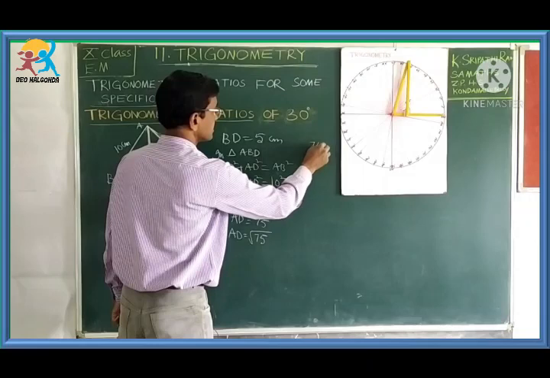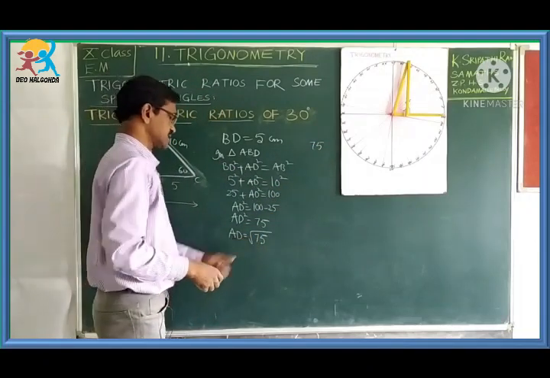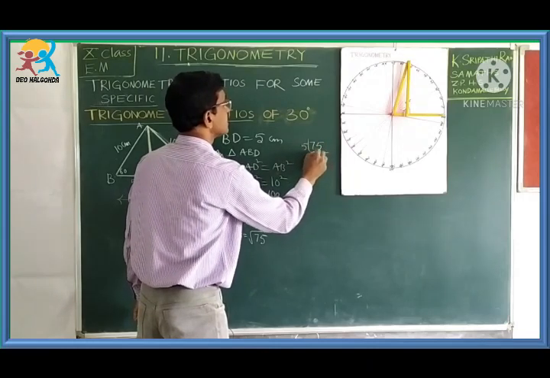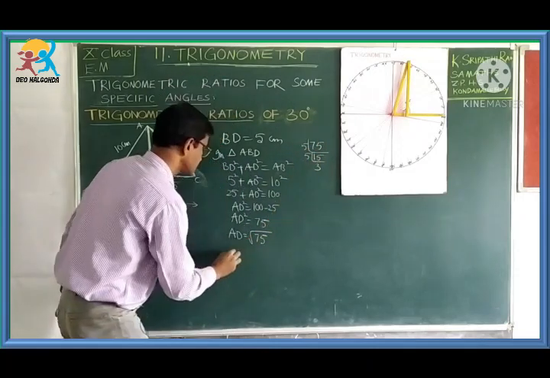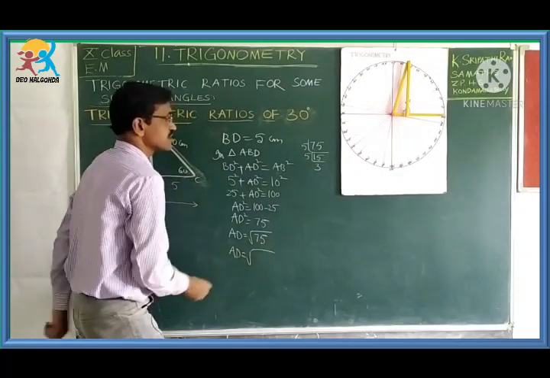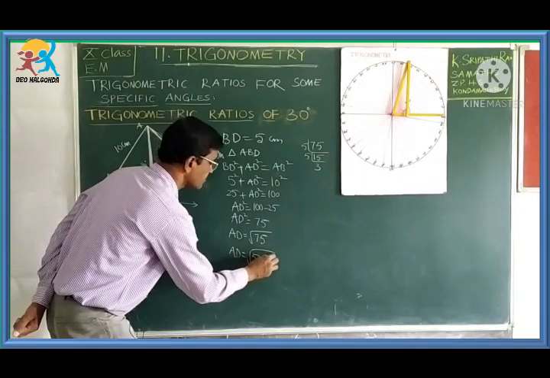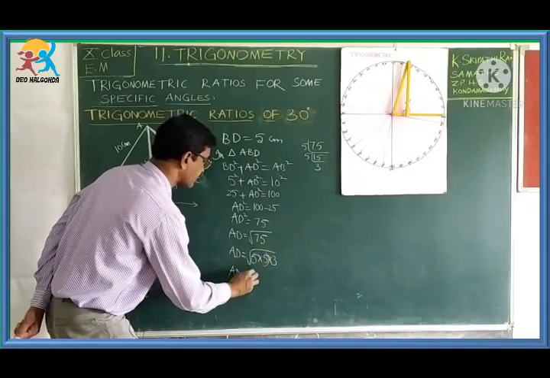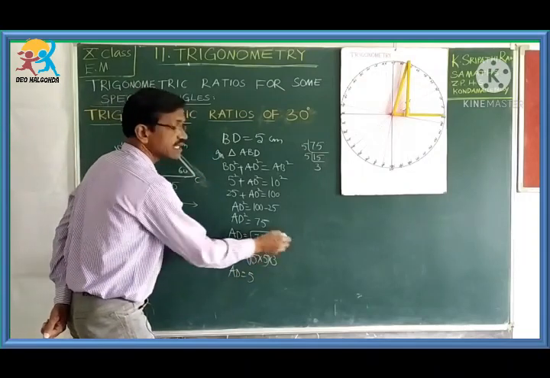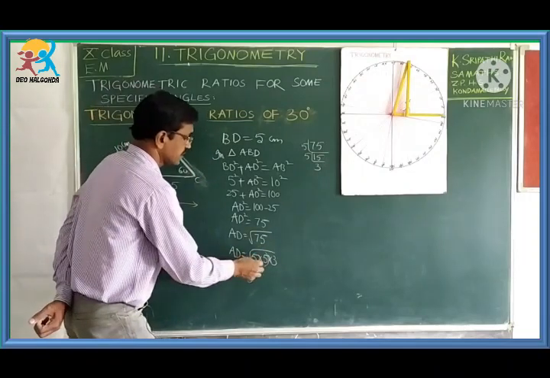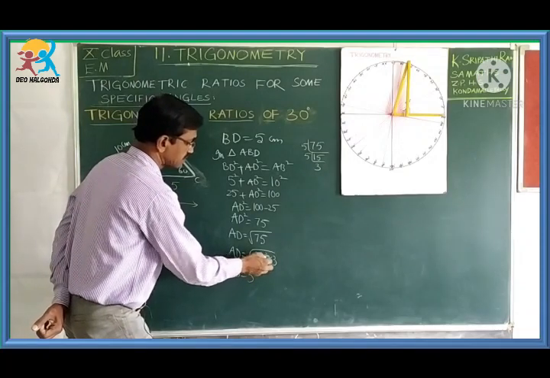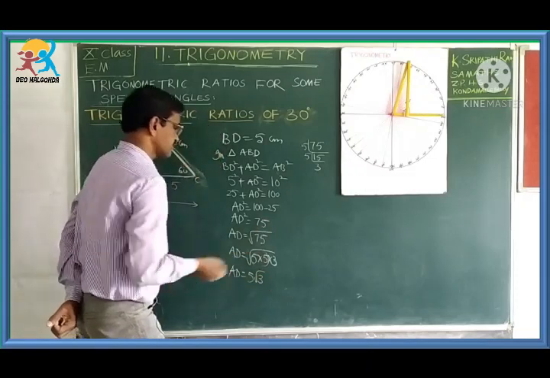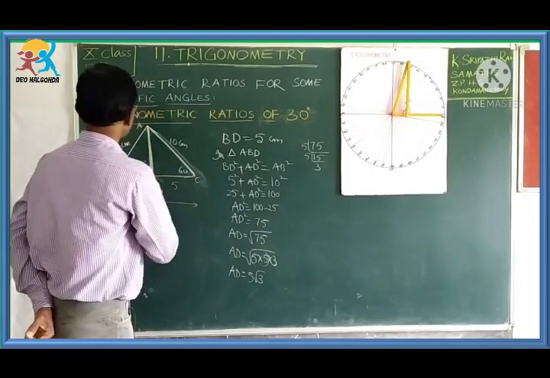How to find? It is not a perfect square. So let us prime factorize. Root 75 can be written as 5 into 5 into 3. So here two 5s are there. For these two 5s, take one 5 and write it outside of the radical symbol. Why? 5 fives are 25, square root of 25 is equal to 5, and only one 3 is here. Keep it under the root. 5 root 3.